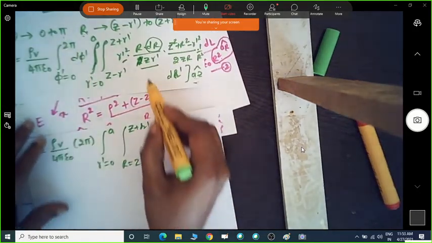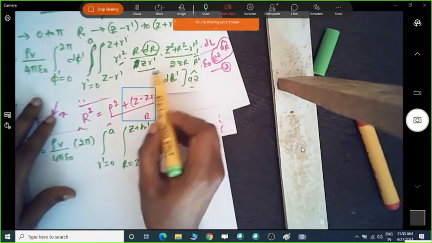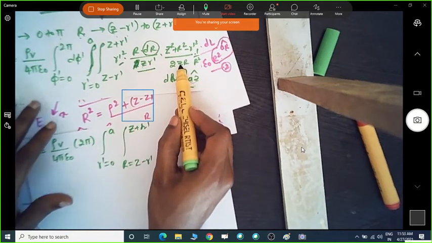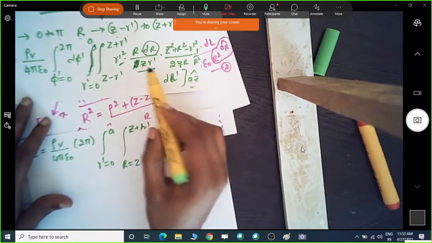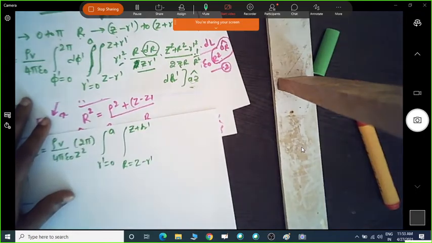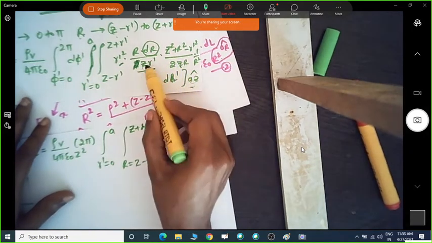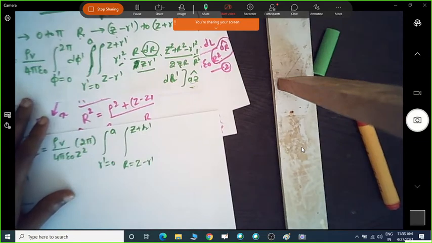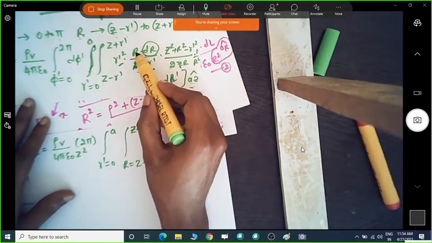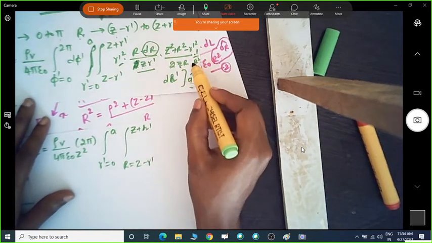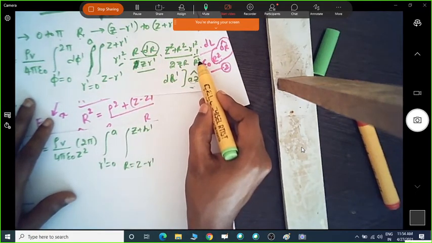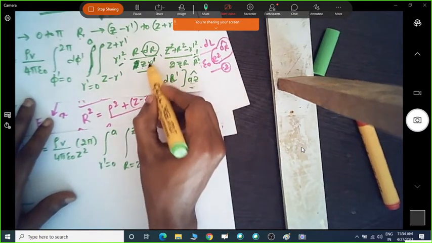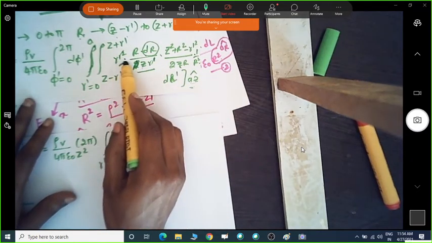Now if I take this out, the z value which is not with respect to the variation of r is constant, so we can take it outside. So now we have z square here, taking z into z outside. Now you can see 1 by r square and r: one r will cancel each other and we are left with r square itself. Now r dash and r dash will cancel each other, so we have only r dash.